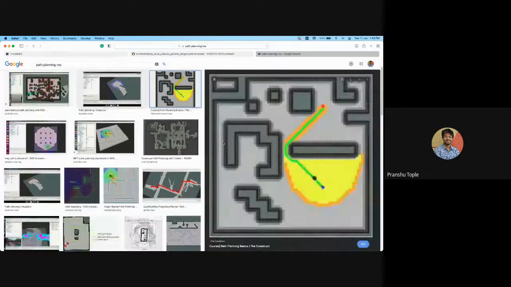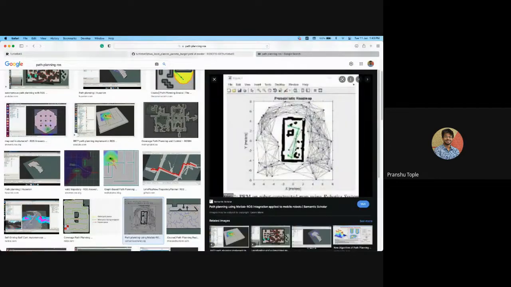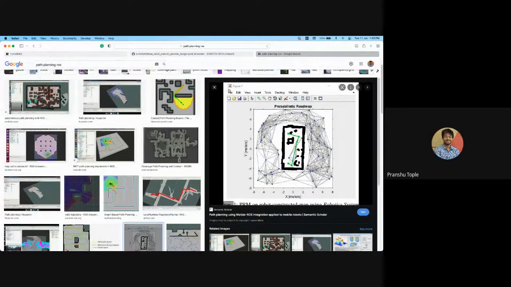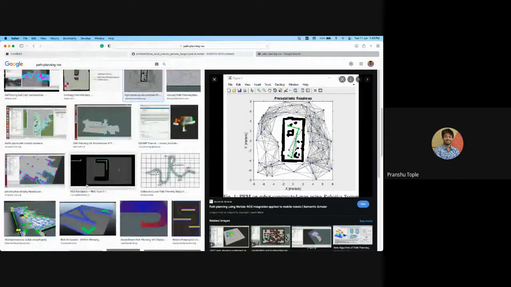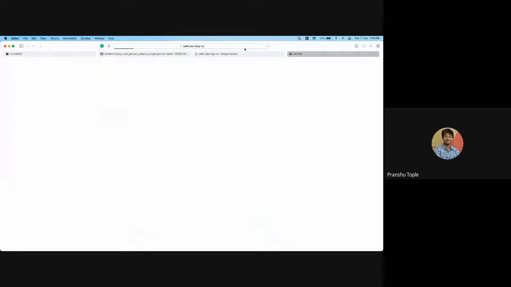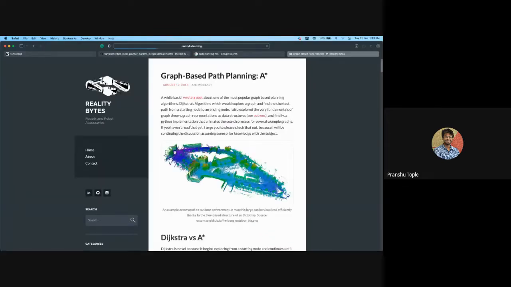Yeah, this is what you're saying, right? Like in MATLAB, this is what happens. This is the MATLAB simulation, I guess. Yeah, okay, sir. And this is MATLAB, I can see the logo. So these kinds of things are, yeah, I was looking for this repository. This was a blog that I read. Yeah, it's from 2018.